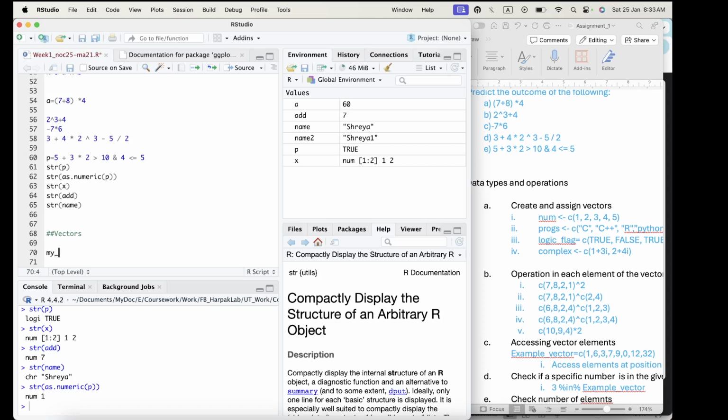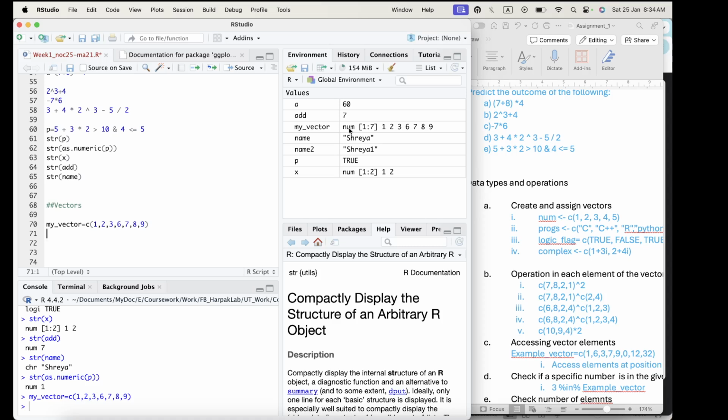My vector equal to, I'm going to use c, and within brackets whatever I write, comma separated. The comma tells how this vector is actually stored and which are the elements of this vector. So if I give 1 2 3 6 7 8 9,